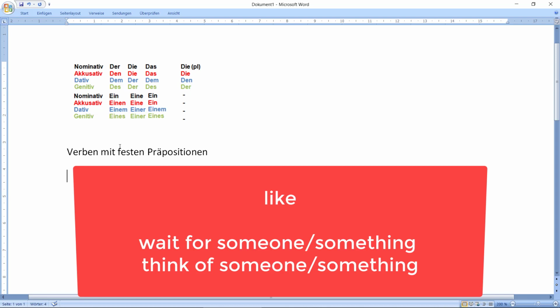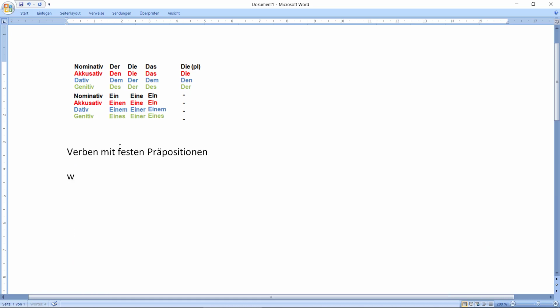So I will just begin with one verb in German, warten auf plus Akkusativ. In English, you do not need to write Akkusativ because we have just one article, but in German, we have to take it. So, warten auf plus Akkusativ. Better you always mark it in red. Akkusativ is always red, Dativ is blue, nominative black, genitive green. When you always use the same colors, you can learn better.